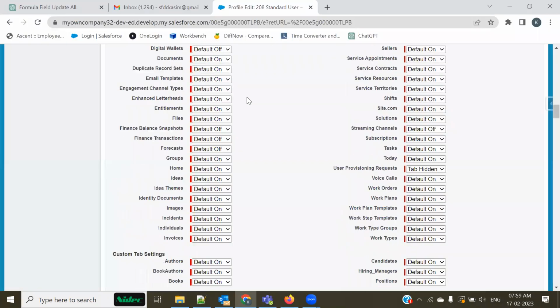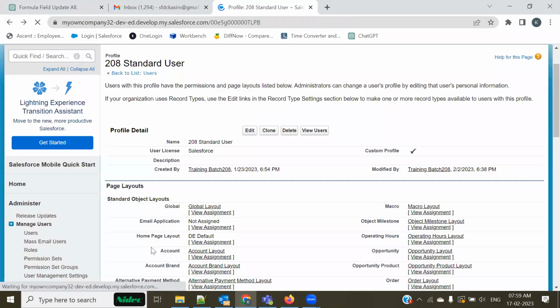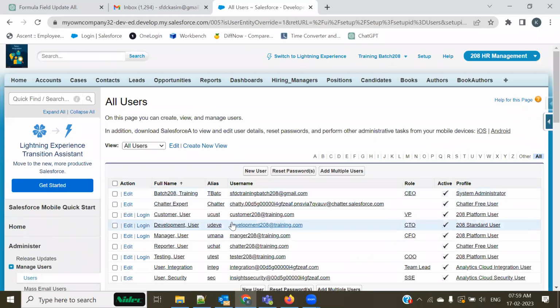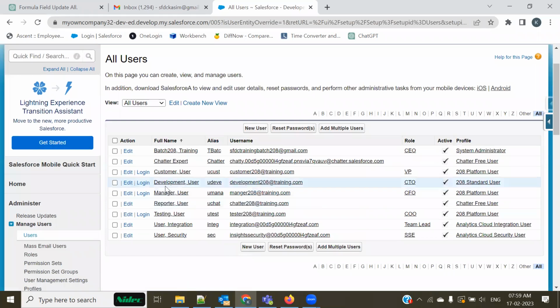Now, let me do something. I'll just go back and show you something. For example, I'll do everything with the development user because he's holding a Salesforce license and he's having access on everything. So how could we restrict the visibility on certain things? Let's do that. Whatever example I'm going to illustrate over here, I would be doing everything on the development user. Now see, if I make a login,